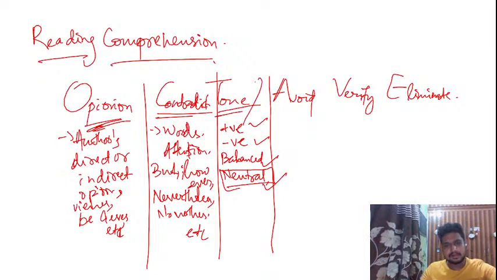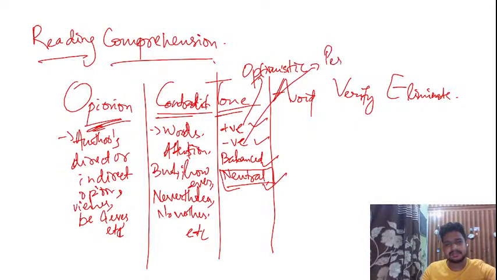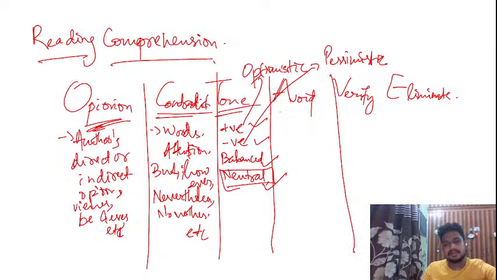We also call these positive passages optimistic passages, and these negative passages pessimistic passages. Now, when it comes to avoiding, what should we avoid? We should avoid